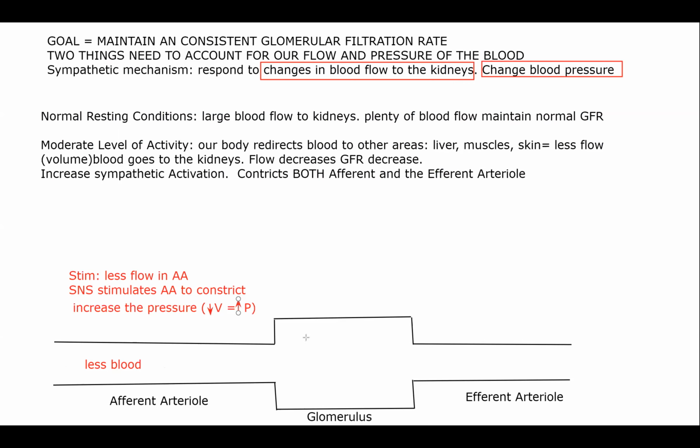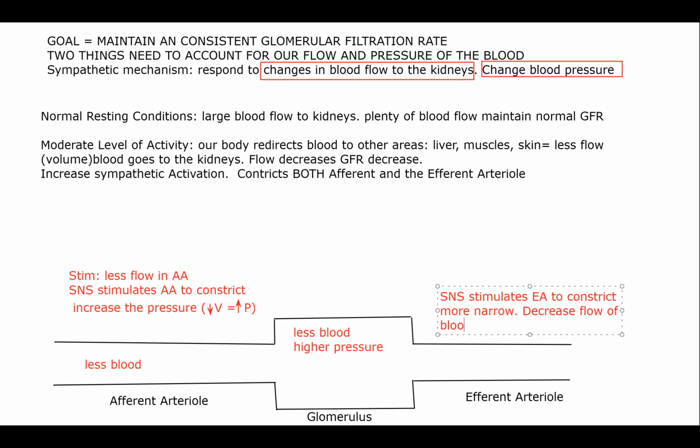So what we are affecting is the pressure of that blood. So again, as a result of that, we get less blood in the glomerulus, but that blood at least has a higher pressure. And so there's less blood in here, but it has a higher pressure, and that's going to help to maintain a glomerular filtration rate. But it can't do it on its own. And luckily, remember, our sympathetic nervous system is also going to constrict our efferent arteriole. So again, our sympathetic nervous system stimulates the efferent arteriole to constrict as well. In this case, when we constrict it, it becomes more narrow. And if it becomes more narrow, this is going to decrease the flow of blood that is able to leave